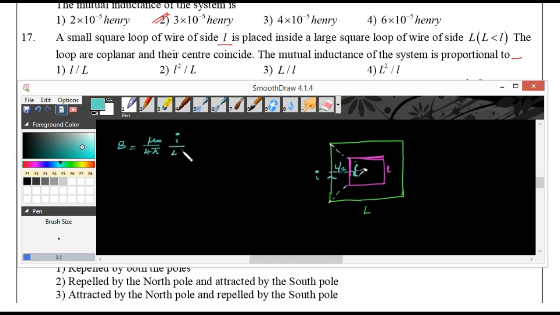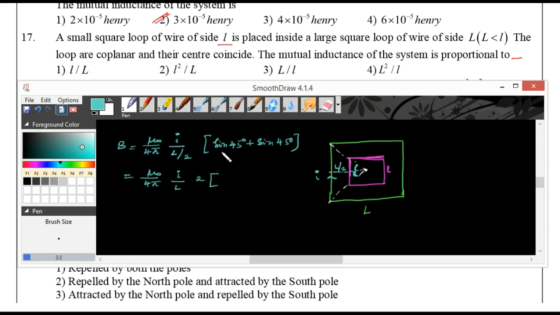So here I will write L by 2 into sine 45 plus sine 45. So that is equal to mu naught by 4 pi I by L